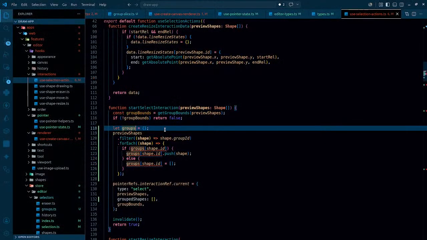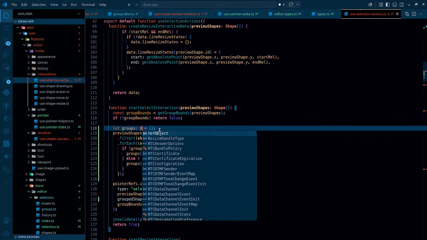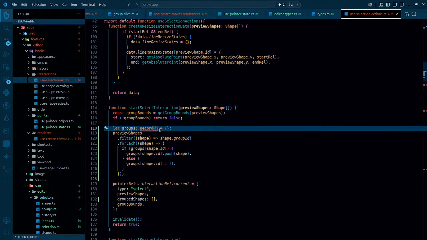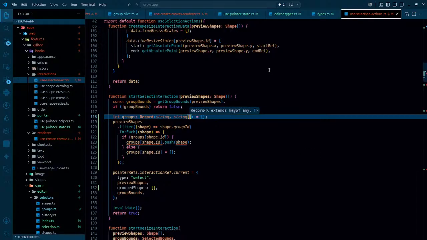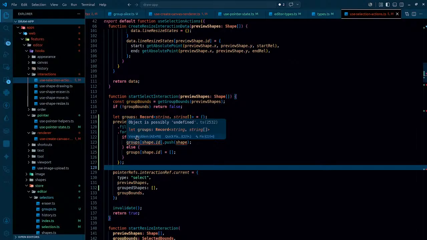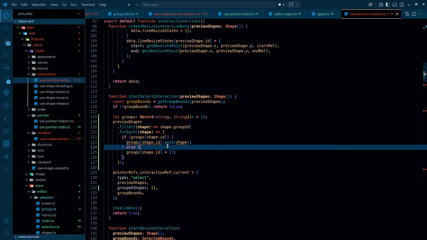I was writing RR many times just to guess that. String. That is it. What now? Object is possibly undefined, so bhai,